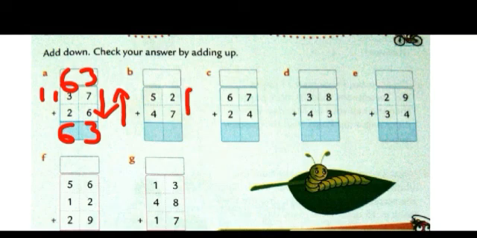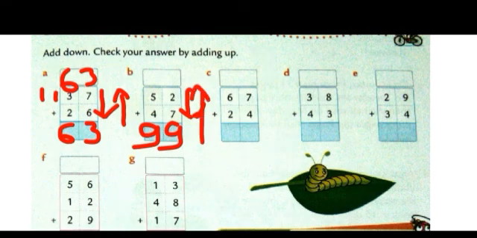First we will add in this way. 2 plus 7 is how much? 9. So we will write 9 here. Now, moving on to the tens column. 5 plus 4 is 9 only. Now, to check our answer, just now we have added this way. Now we will add in this direction. Okay. 7 plus 2 is 9, and 4 plus 5 is 9. Just see the answer. Both are the same. That means the answer is correct.